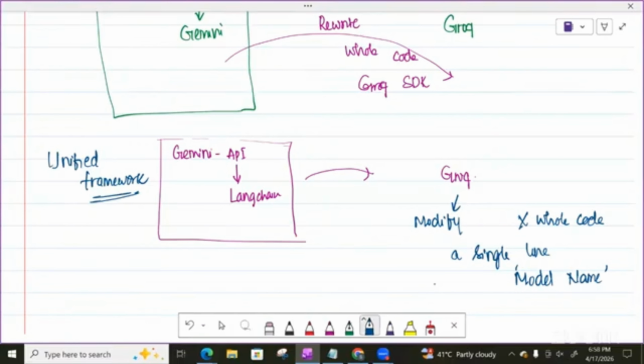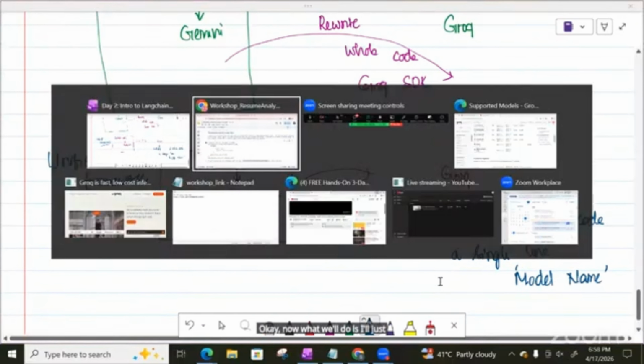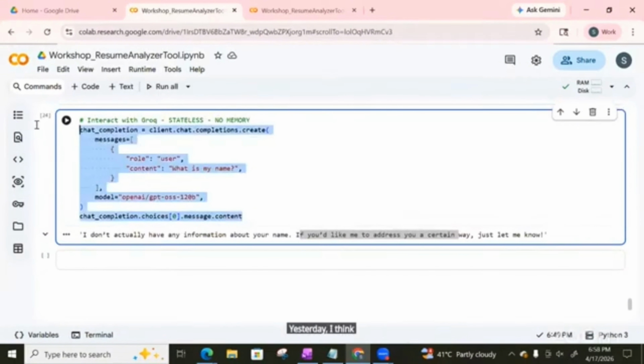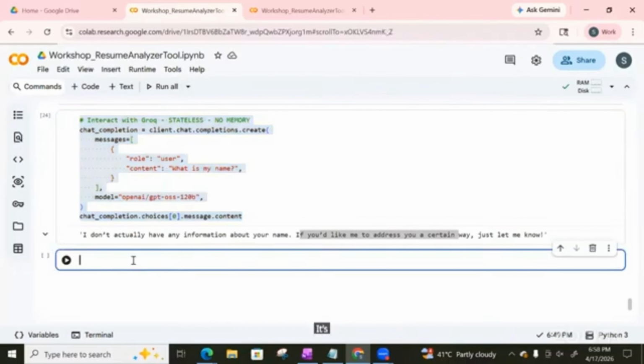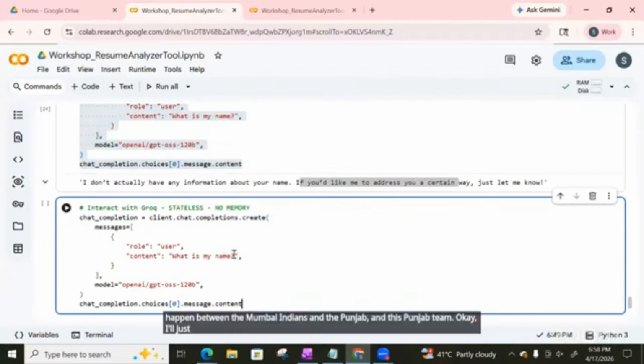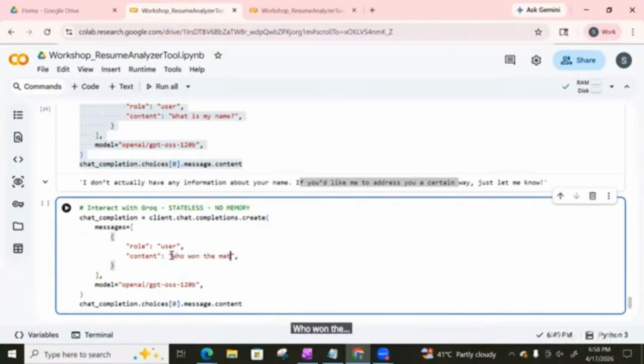Okay. Now what we'll do is I'll just ask the LLM about yesterday's match. Yesterday, I think some cricket match happened between the Mumbai Indians and this Punjab team. I'll just ask a query about who won the IPL 2026 match between